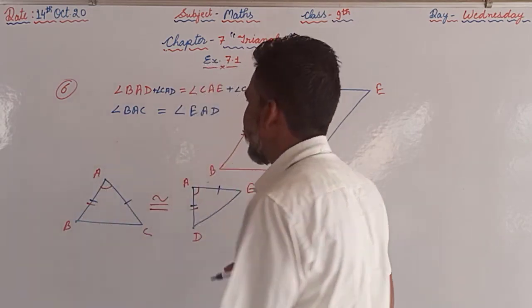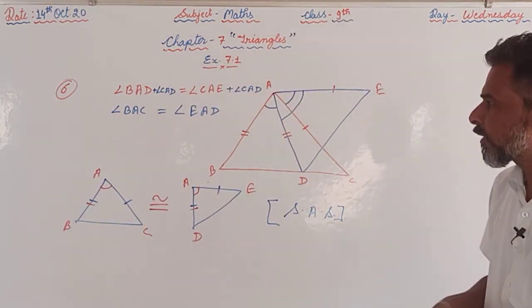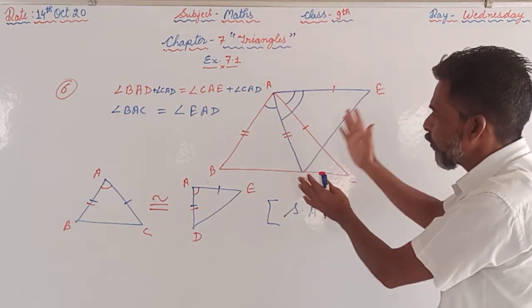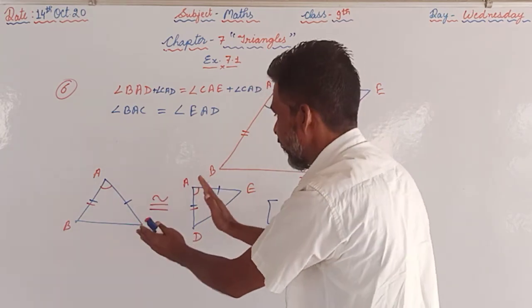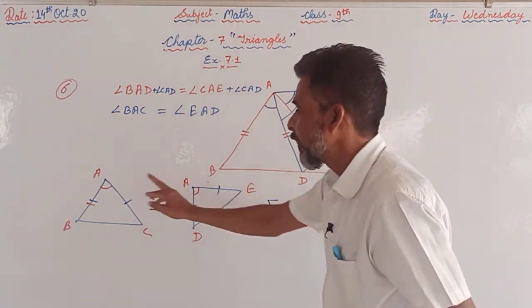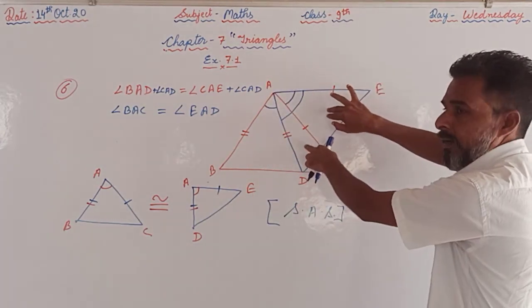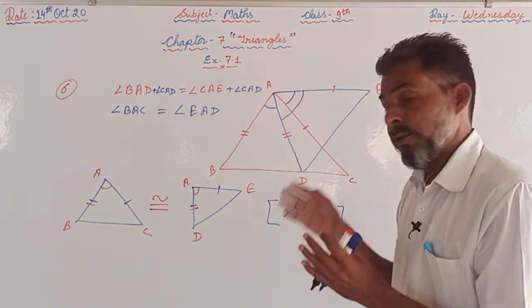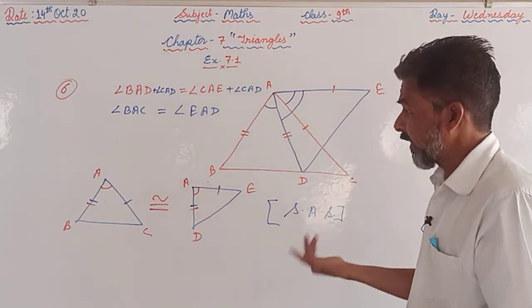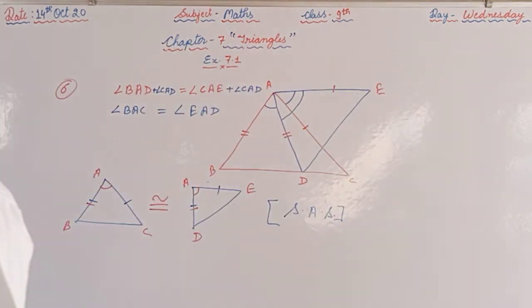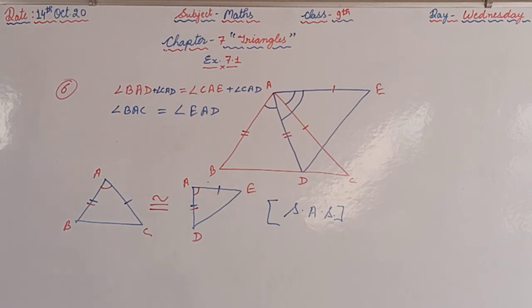Why I told you that you are supposed to proceed by yourself? Because I have to show you on the board how to split this complete figure into two parts. That will be much easier. Otherwise in the same figure it is very complicated to make you understand. After practicing you can do it in the same figure as well, but in the starting you are supposed to split that figure into two parts. I hope that you have understood, and now you can proceed with the exercise.